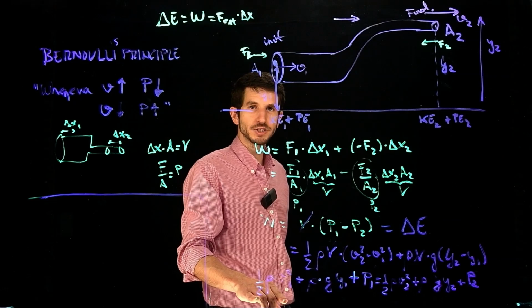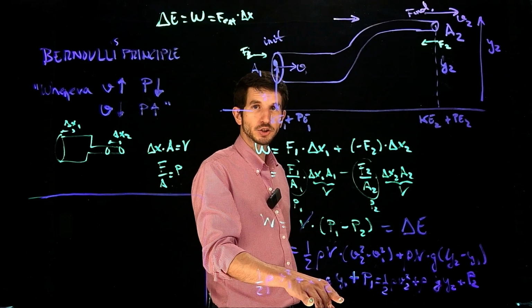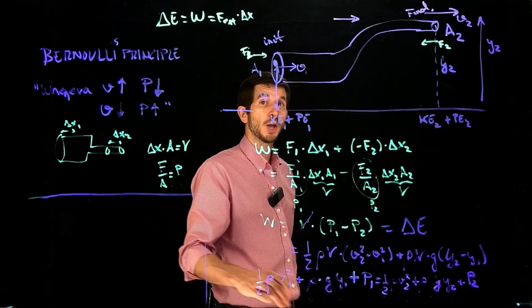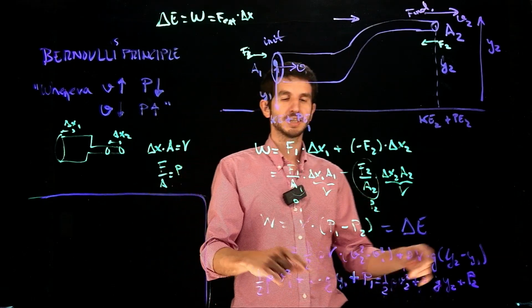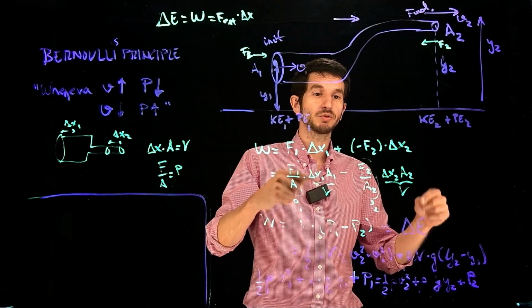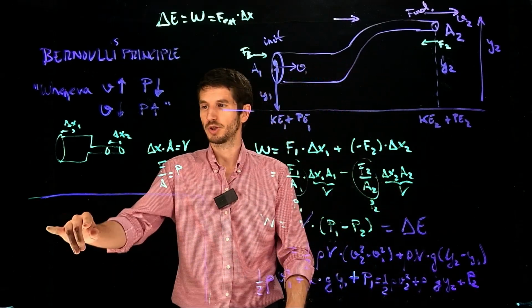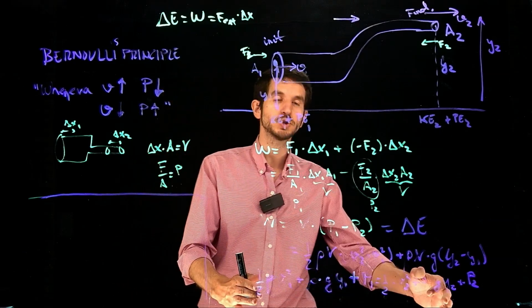At the beginning I had certain kinetic energy and I had certain potential energy. At the end I'm going to have certain kinetic energy and some potential energy. But if they're not the same, it is because there's work. And the work is the result of the pressure. So here I have pressure and pressure. So now I can just put everything in here and just say this needs to be conserved because this is